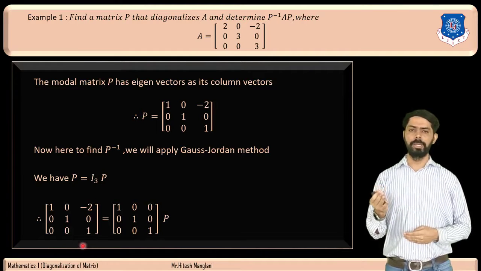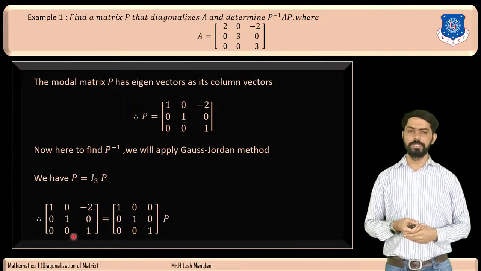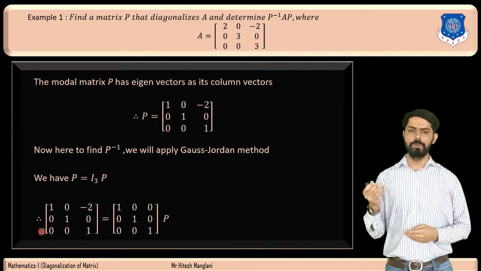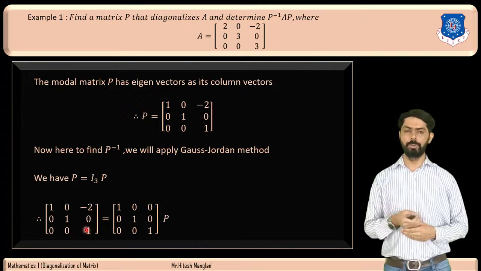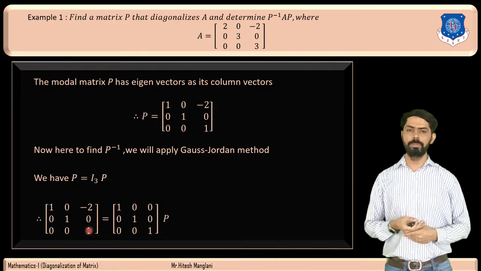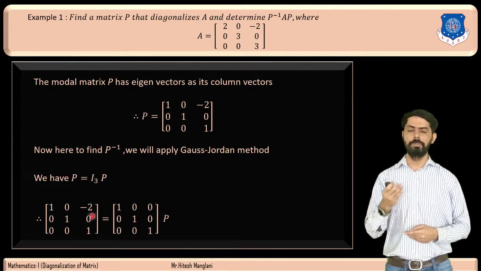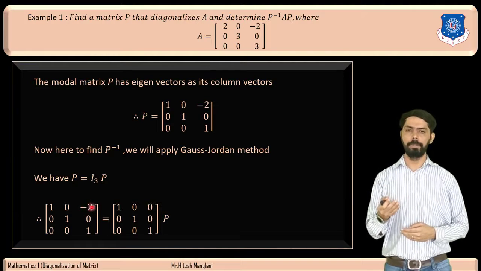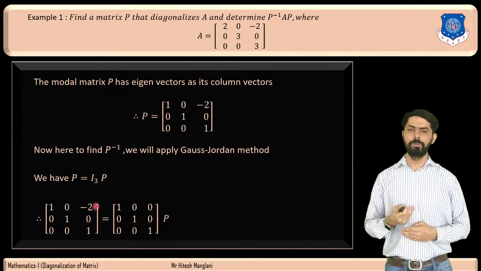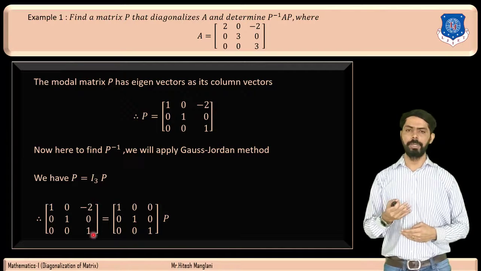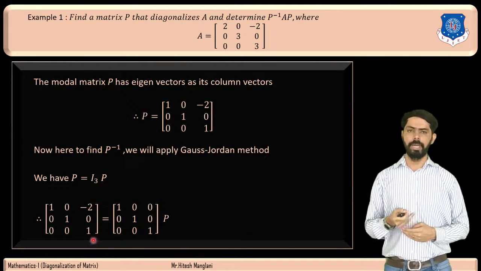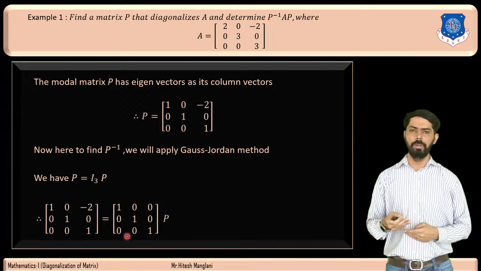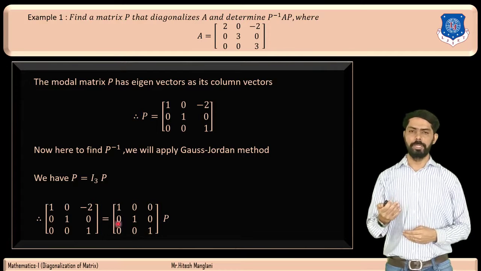So here if you look at the matrix P on the left hand side, and look at the last row, the first non-zero entry is 1, so this is the leading one of the third row. But here we will have to convert this matrix into the identity matrix. So we will have to convert this minus 2 into 0. For that we will multiply the third row by 2, then add it to the first row. Therefore we will use the row operation R1 plus 2R3, and the same row operation we will have to apply to the right hand side also.